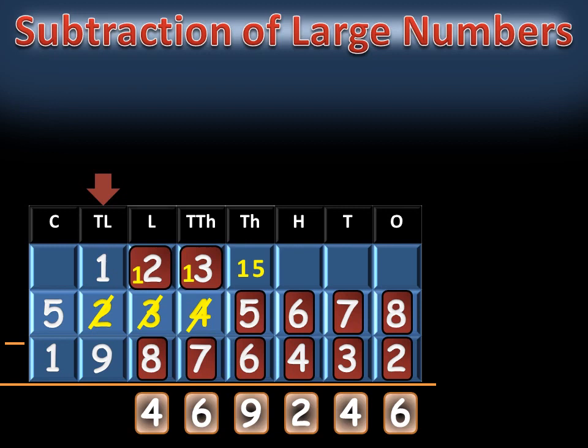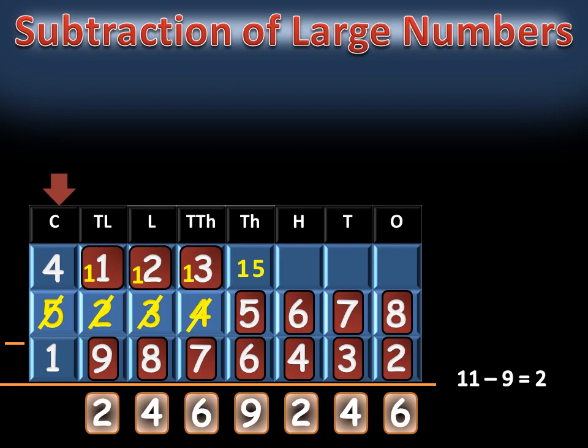Step 7. Now subtract the digit of the 10 lakh place. We cannot subtract 9 from 1. So borrow 1 crore from the crore place. If we borrow 1 from 5, it will change from 5 to 4. Then we put 1 in front of the borrowing digit, which will make it 11. Now subtract: 11 minus 9 is equal to 2. So 2 will be written in the 10 lakh place.